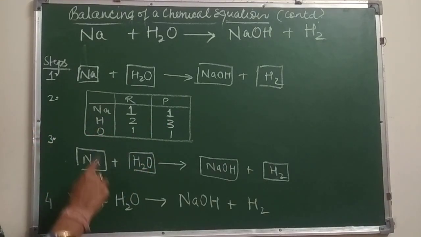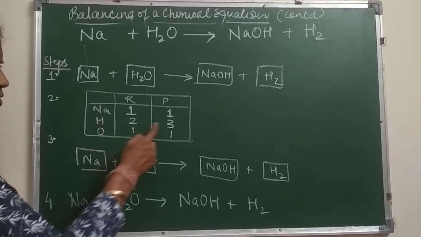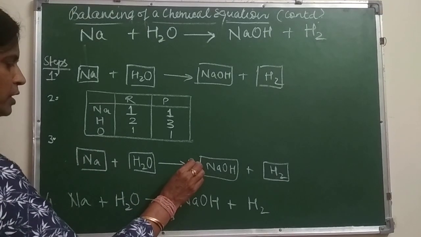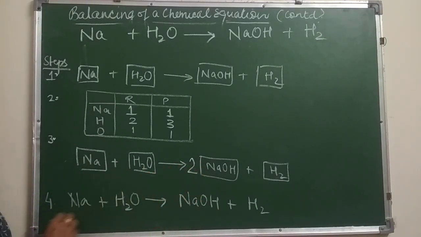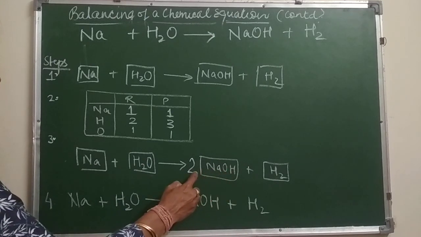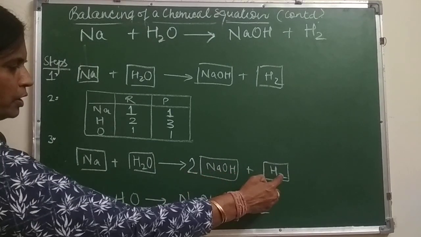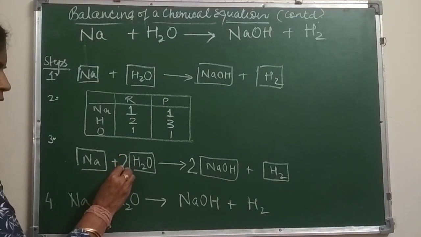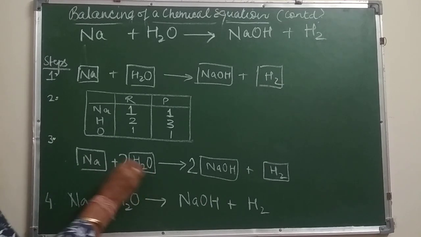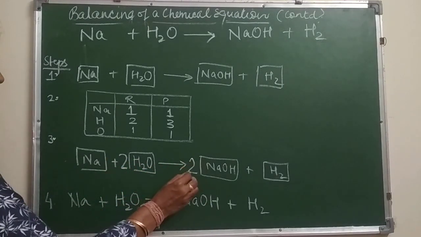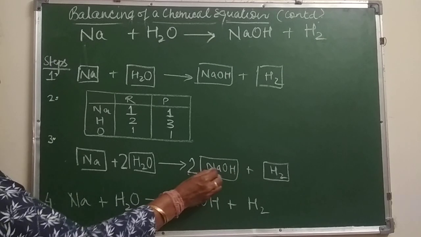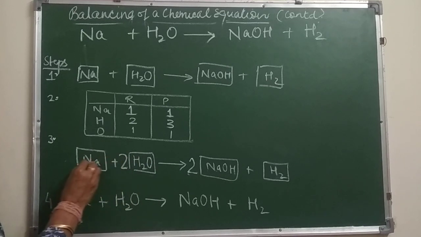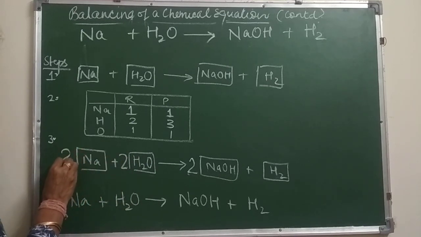So let us start, as I told you in the earlier example. So this is odd, we'll try to make it even. So to make it even, if I put 2 here, yes, so now hydrogen becomes how much? 2 here, 2 hydrogen and plus 2, 4. To make hydrogen 4, I put a 2 over here. So 2 2s are 4. Oxygen, when I put 2 over here, oxygen also becomes 2. So only the atom which is left is sodium. So I put a 2 here.